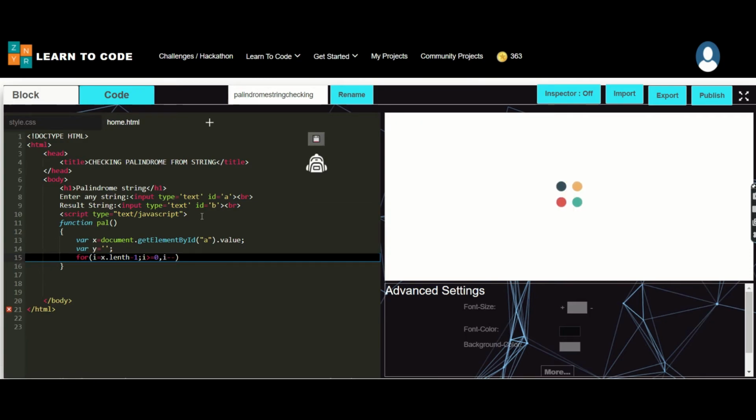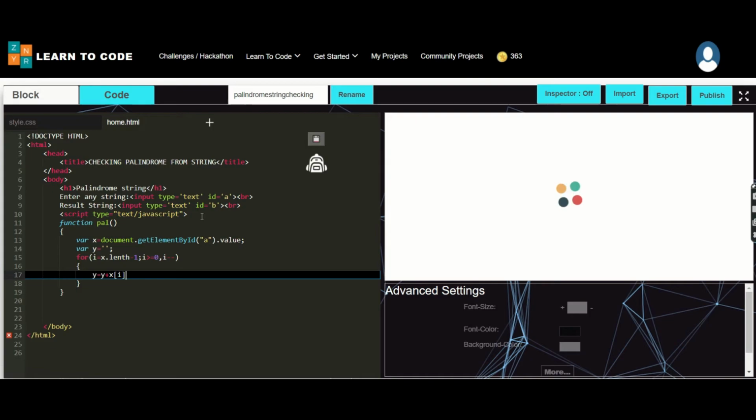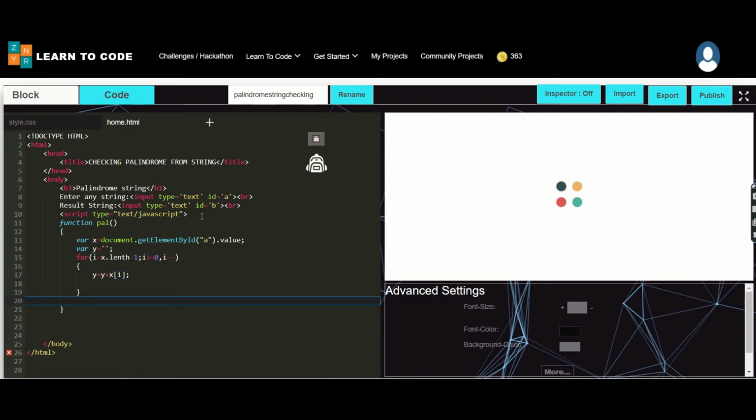Okay, then my y value should be assigned as y plus x index of i. So that needs to be processed. Next I'm making one more condition.